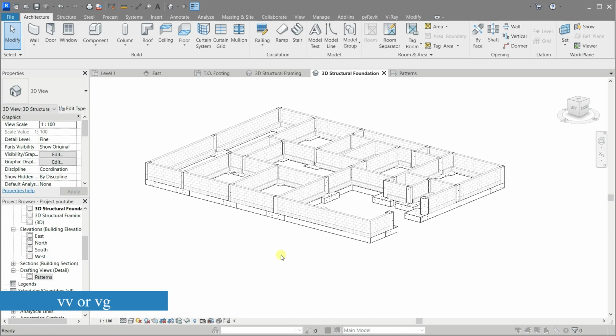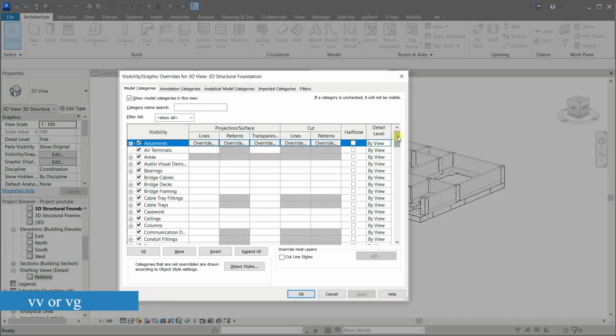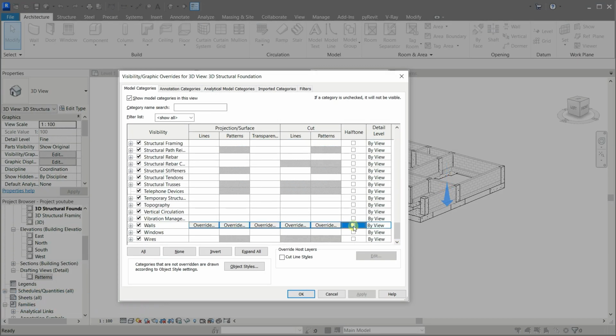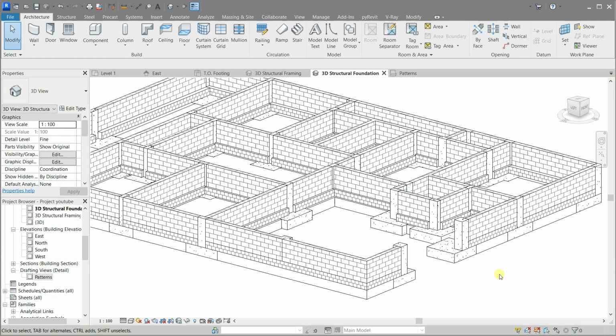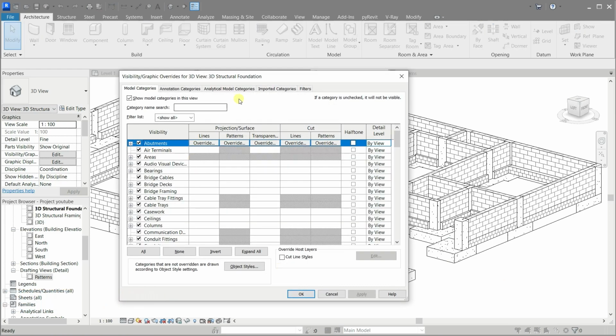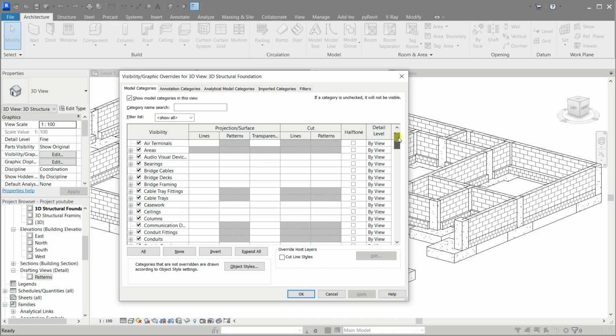Let's work with the visibility graphics and bring back the walls in fully opaque. Let's change the column's color to make it even better.